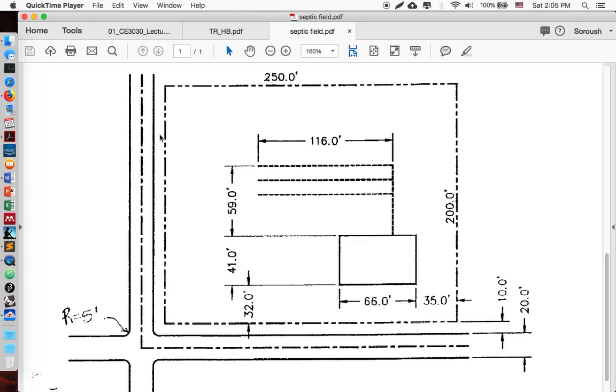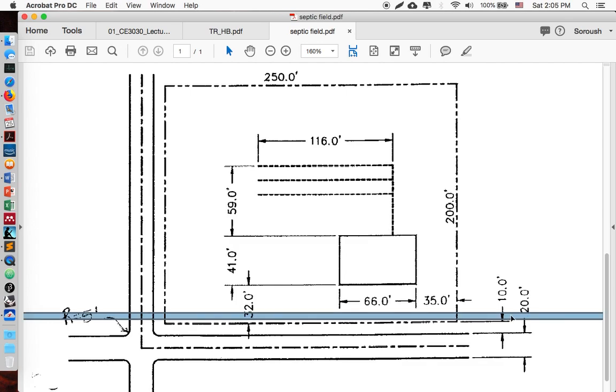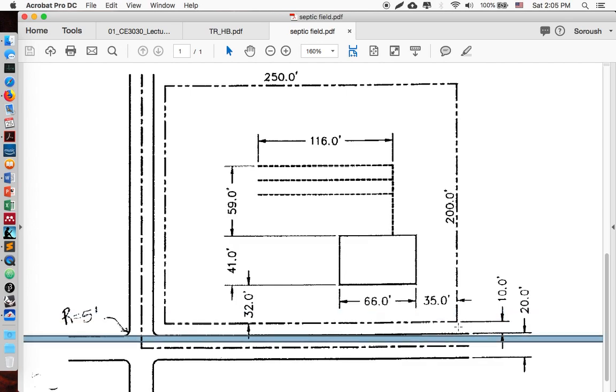After drawing the boundary of our site, the next step is drawing the edge of the road right here. So I'm going to go back to my drawing, and based on this drawing, I know that my edge of the road basically starts 10 feet apart from this. We can skip the extension from this edge to this side at this moment,